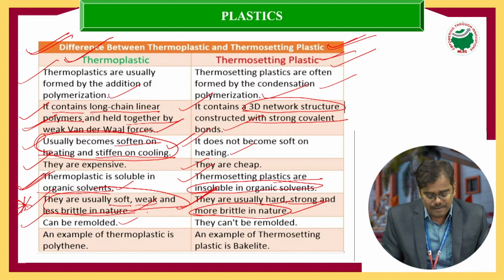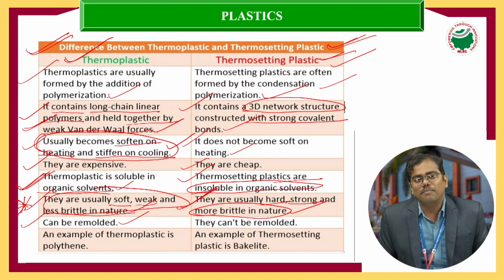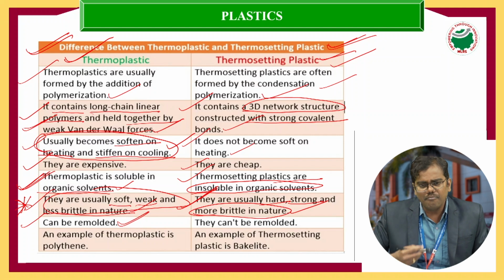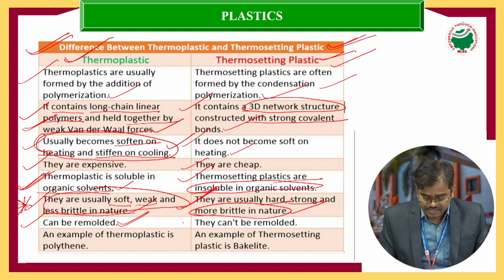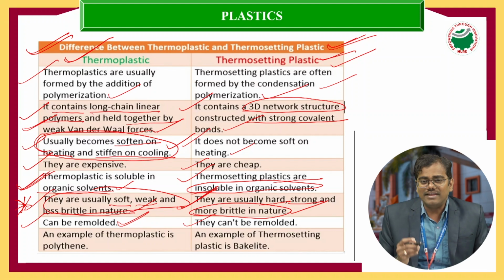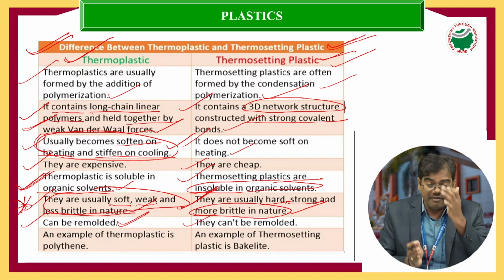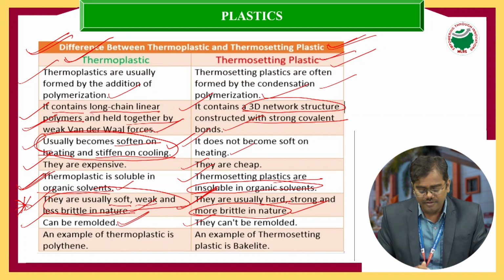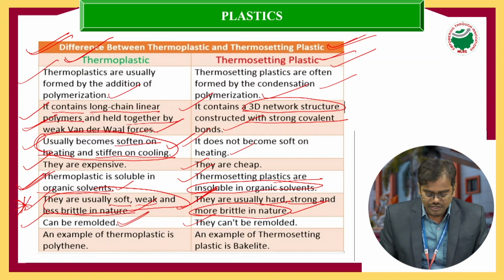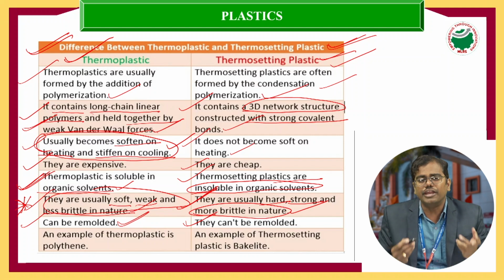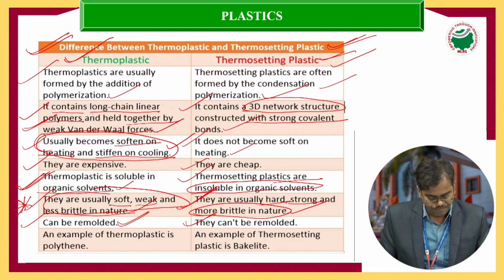Thermoplastic resins can be remolded, and we can give them any shape through the remolding process. Thermosetting resins cannot be remolded because of their thermosetting property: once these resins get hard when we apply the temperature, they cannot be softened again. So we cannot remold them into the desired shape, but whereas in the case of thermoplastics, we can easily remold them into any shape.